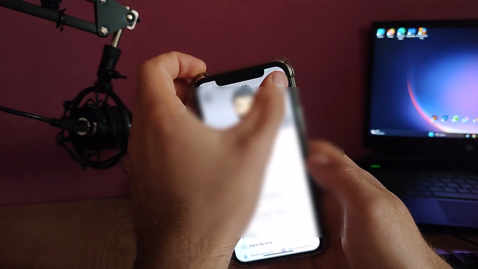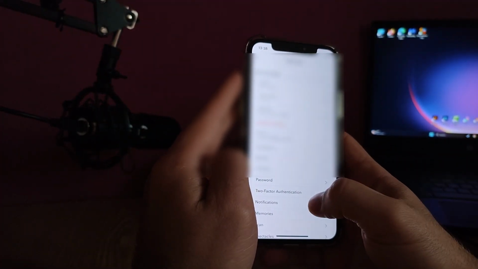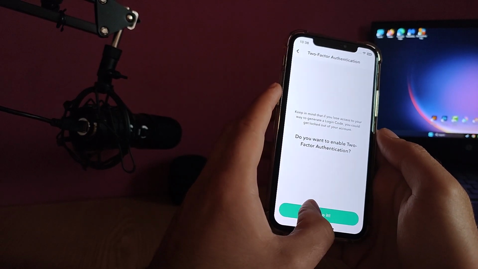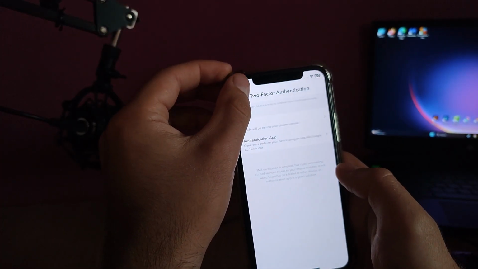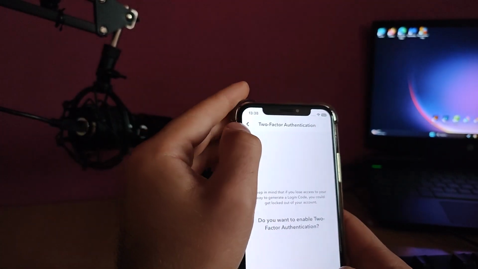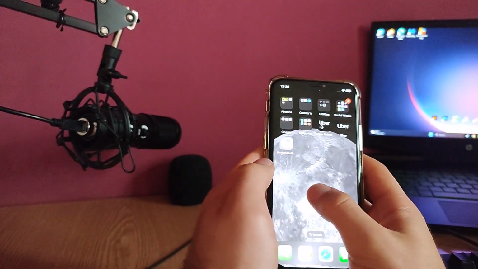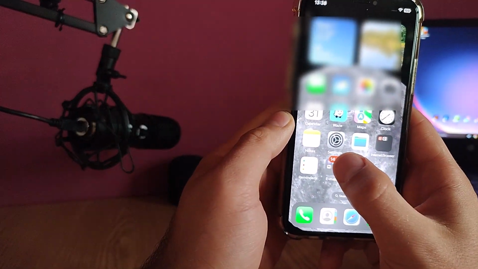Just click on your profile, then settings, and down below you should have notifications, and I have to continue, yes, and I didn't enable that, but from here you can disable and personalize Snapchat notifications. But to reach time sensitive notification, to turn them on or off, you will have to reach the settings of